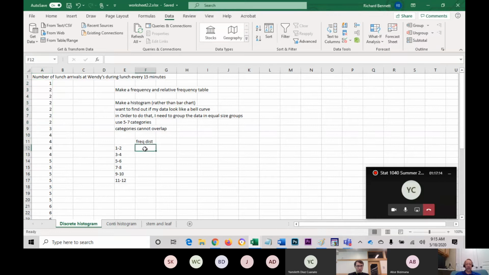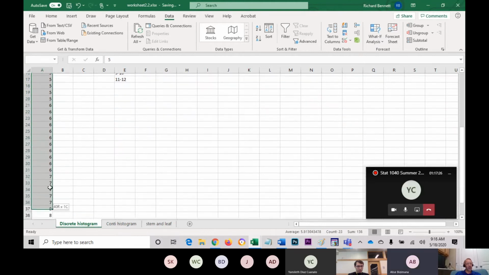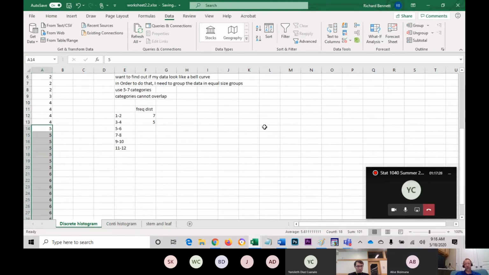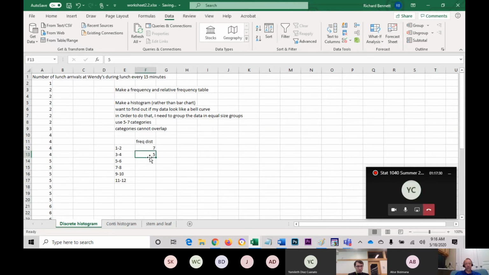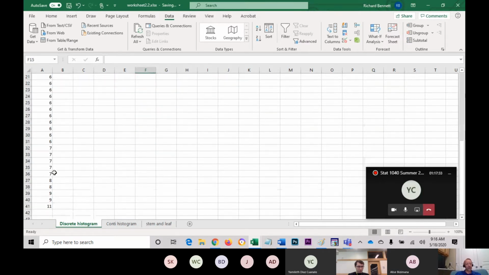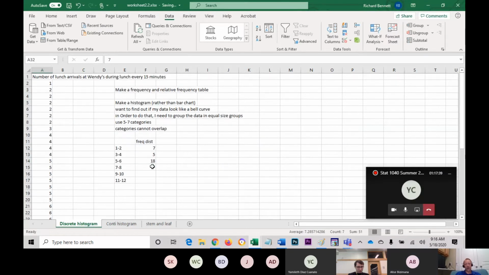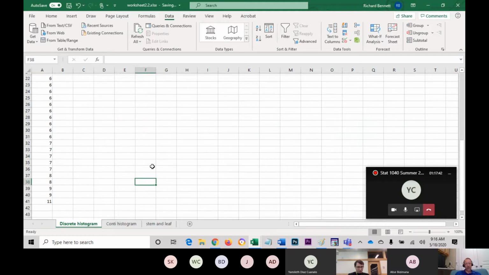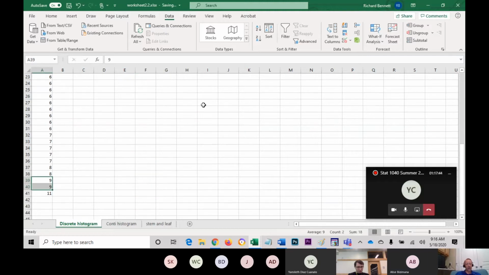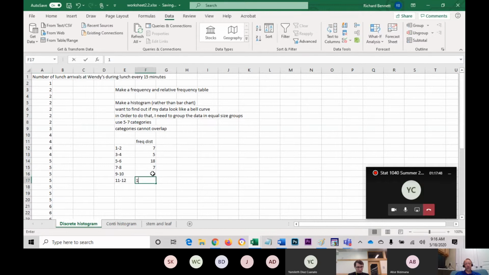So I've got 7 1s and 2s, 3s and 4s. I have 5 of those. 5s and 6s, I've got here 18 of those. 7s and 8s, I've got 7 of those. 9s and 10s, I've just got 2, 2, and 1. Okay. So the idea with a histogram is we want to find out if your data looks